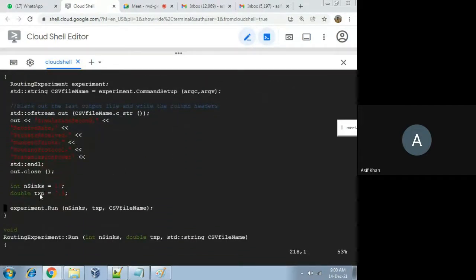Nsinks means number of source nodes and destination nodes. So 10 destination nodes are there, and 10 pairs of communication are done in this example.